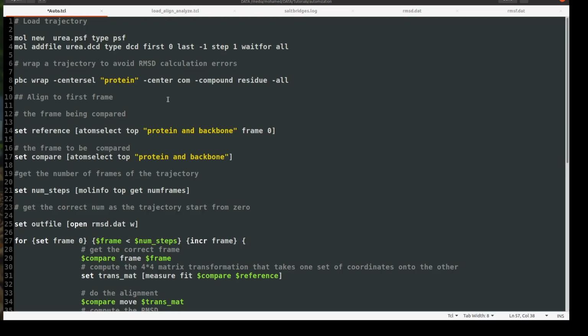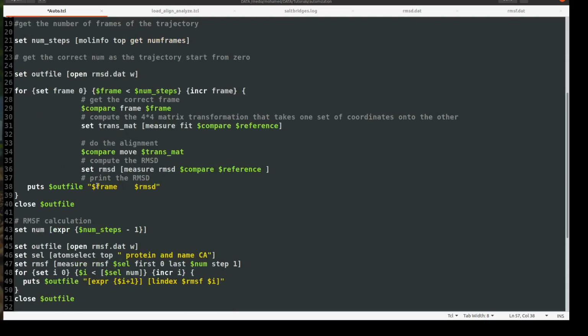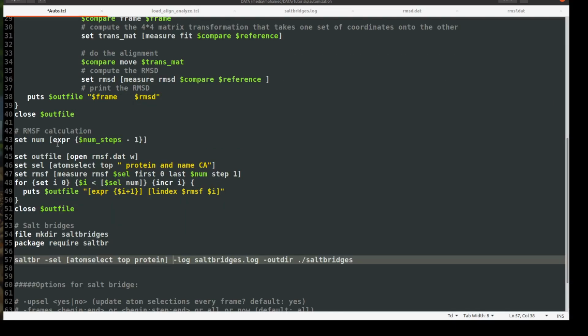And then we choose the selection to be aligned to the first frame, and we align, and then we get the number of steps and the for loops, and then the RMSD. I don't want to repeat it again, but I will focus here. We fixed this problem, and then we calculated the RMSF for protein and MC alpha,